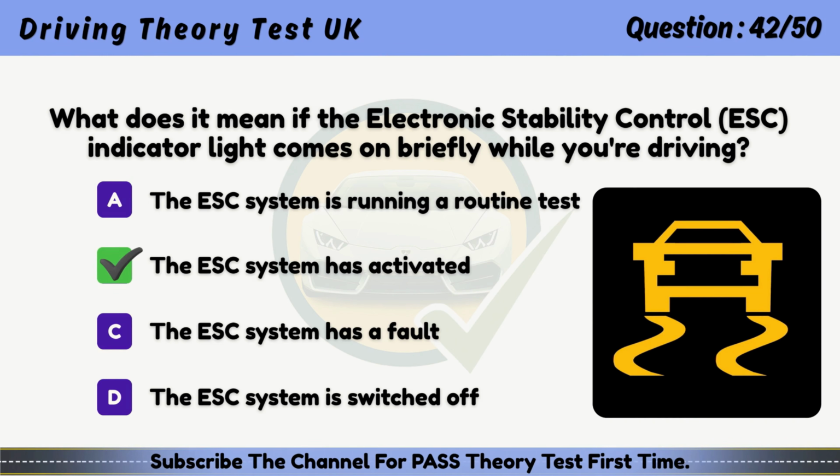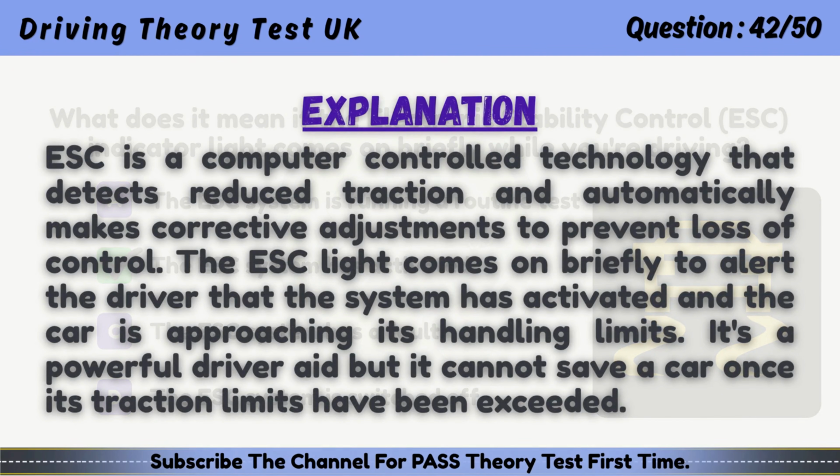Answer is B. The escape system has activated. Escape is a computer control technology that detects reduced traction and automatically makes corrective adjustments to prevent loss of control. The escape light comes on briefly to alert the driver that the system has activated, and the car is approaching its handling limits. It's a powerful driver aid, but it cannot save a car once its traction limits have been